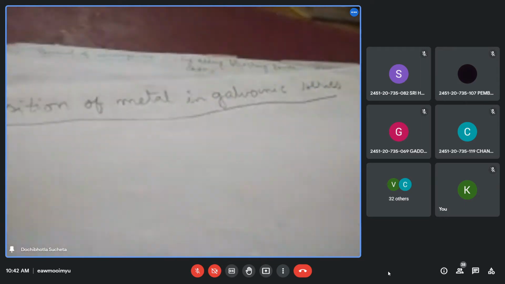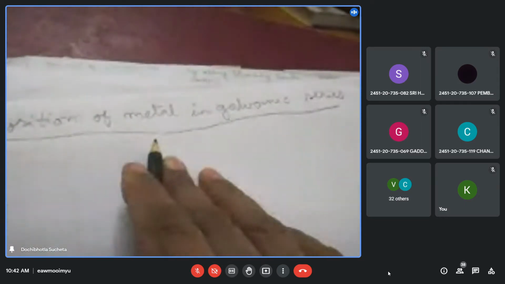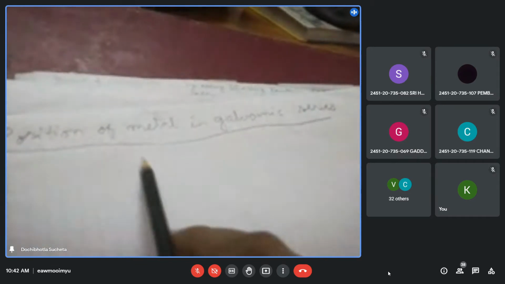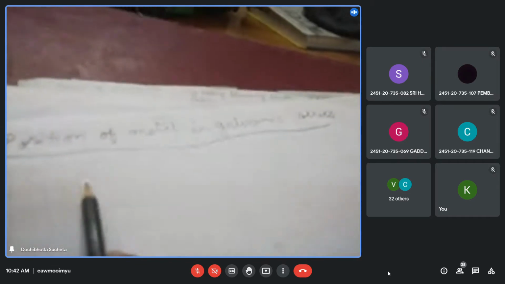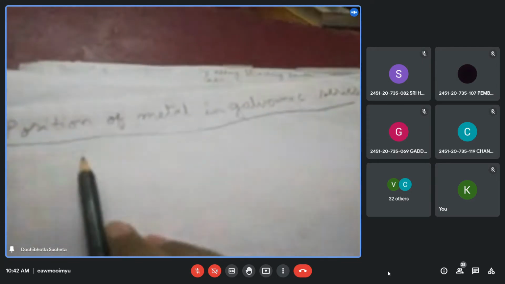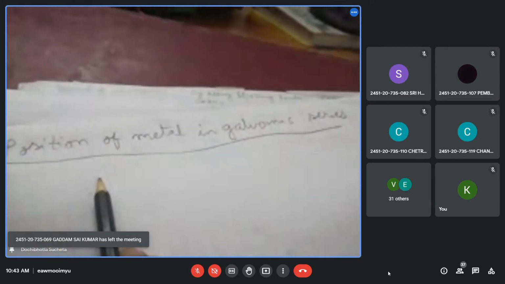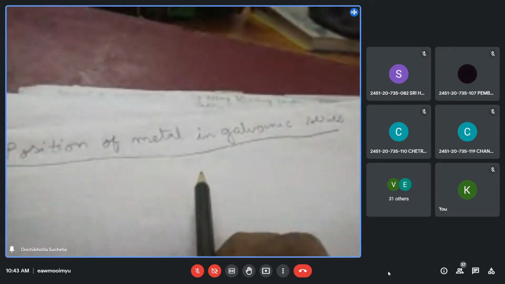Now we have understood that the metals or alloys having less SRP value will act as anode and will suffer corrosion. But in the EMF series, there is no discussion about alloys. It's only about metals and